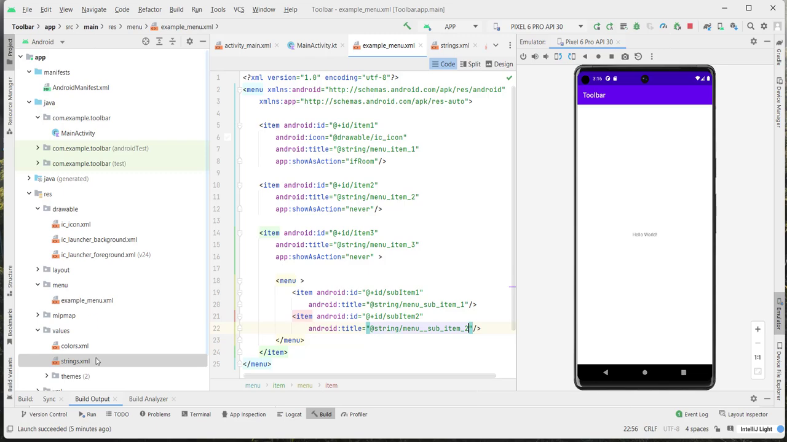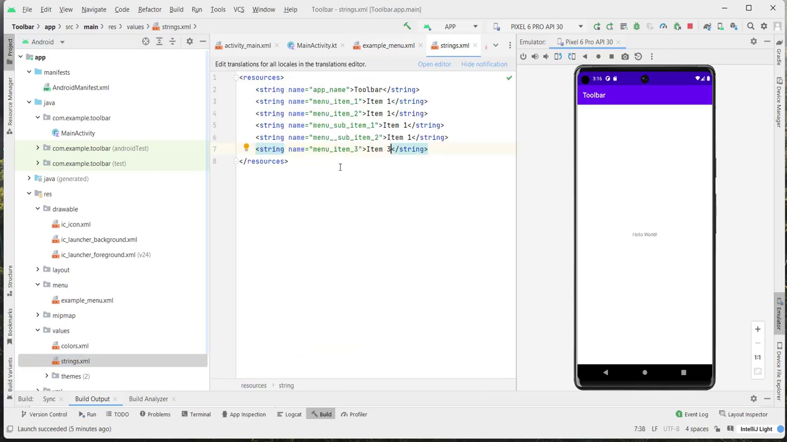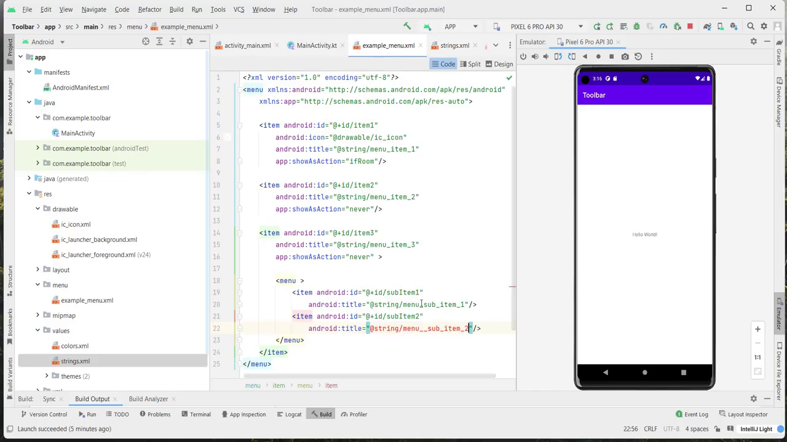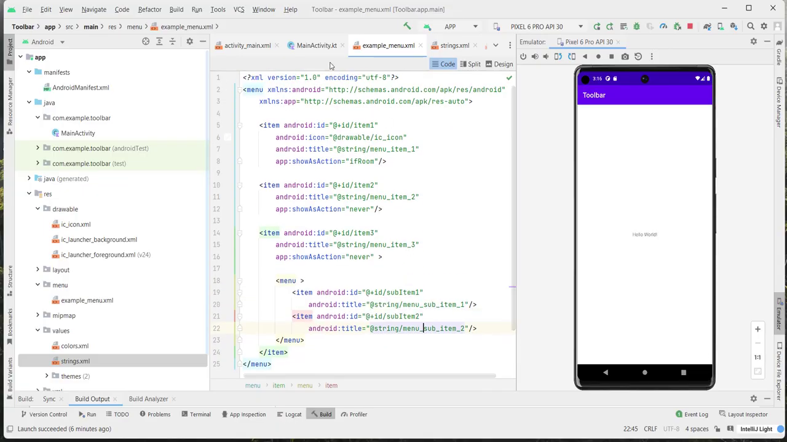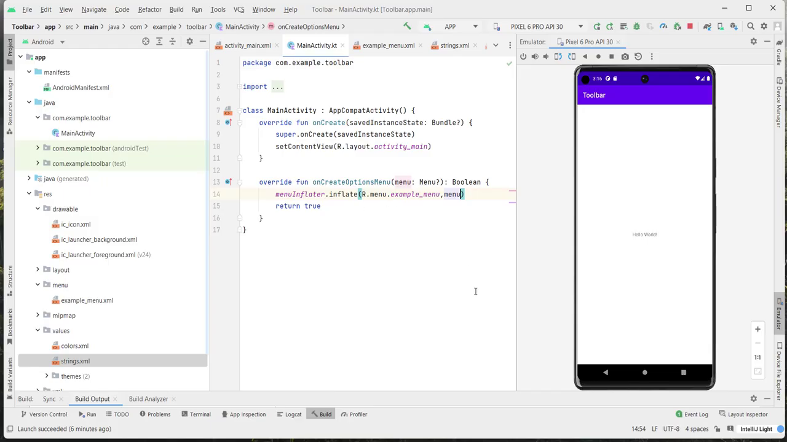So let's go inside the strings, because I put 2 underscores there. Yes, I put 2 underscores, so let's delete that. Let's put 1 underscore. Alright, so now our example menu XML is ready. So let's go back to main activity. Here we inflated that. Now if you run this now,